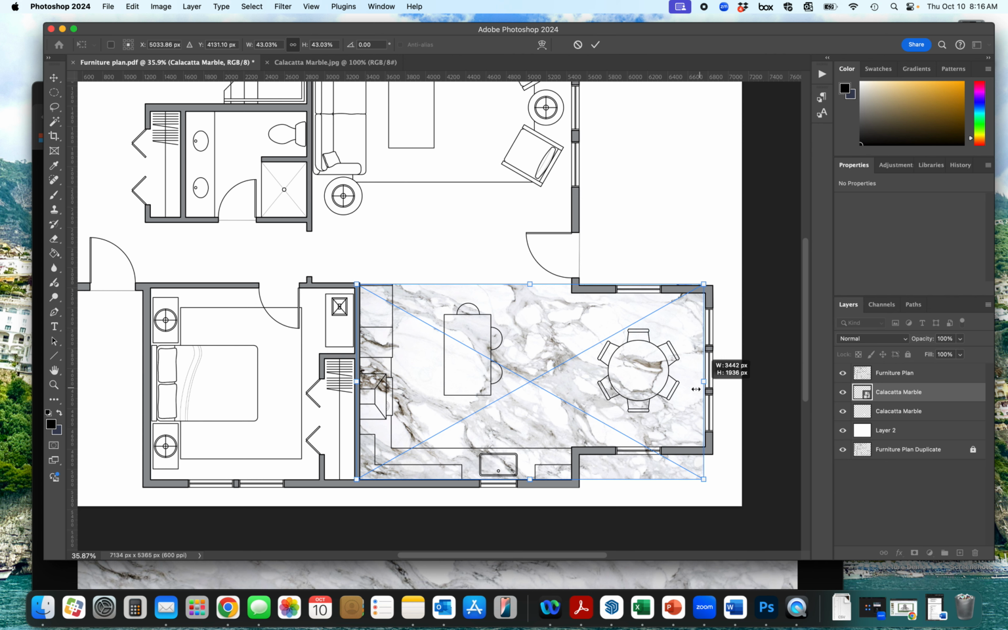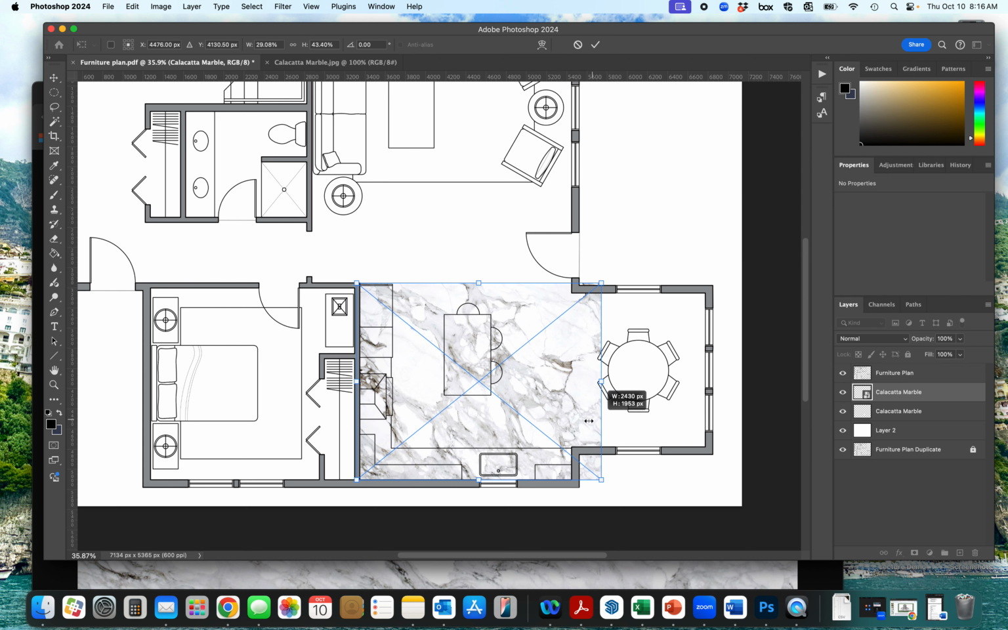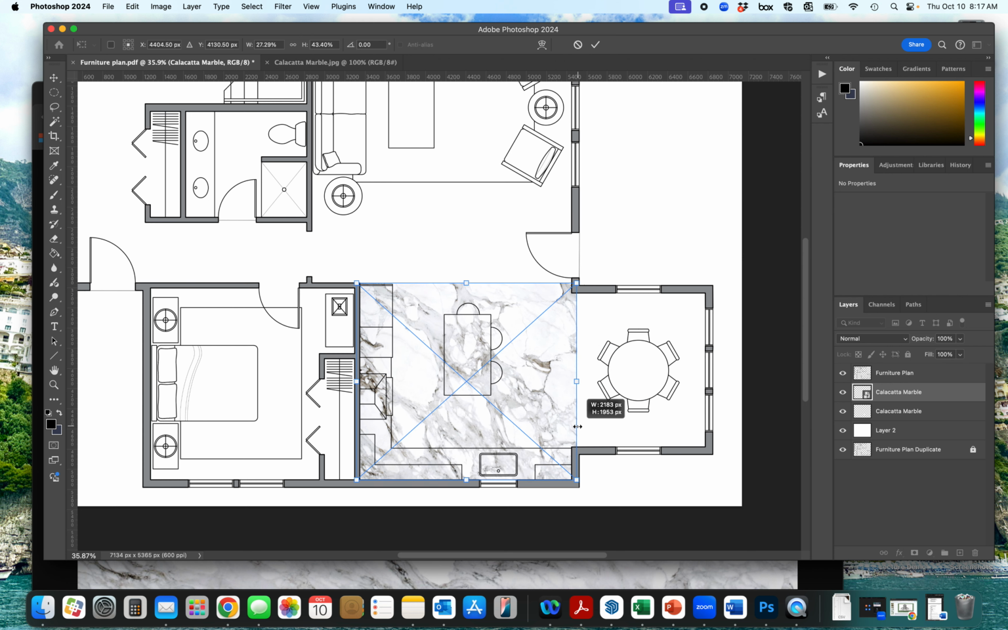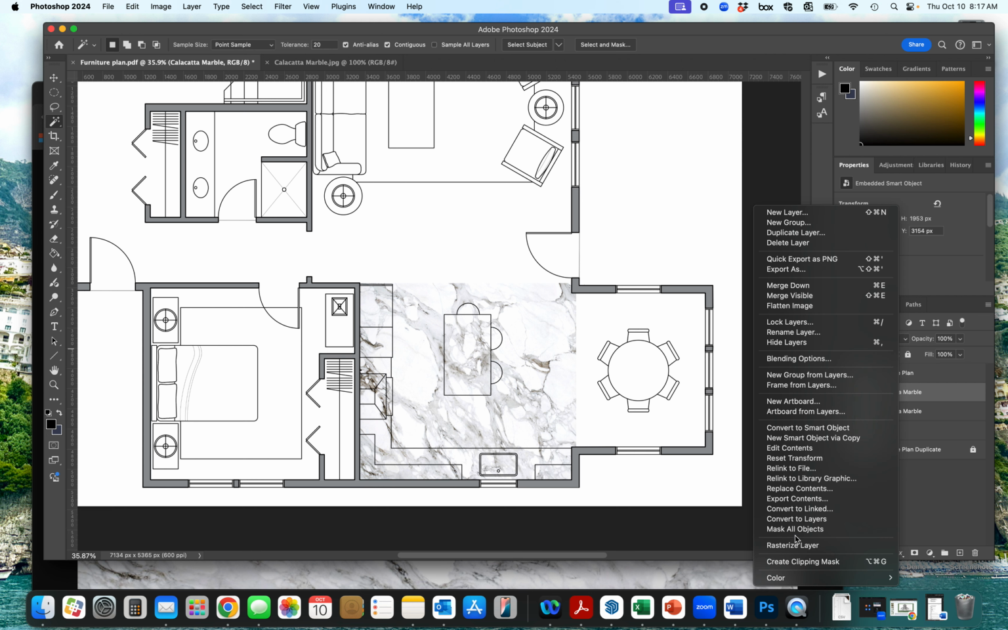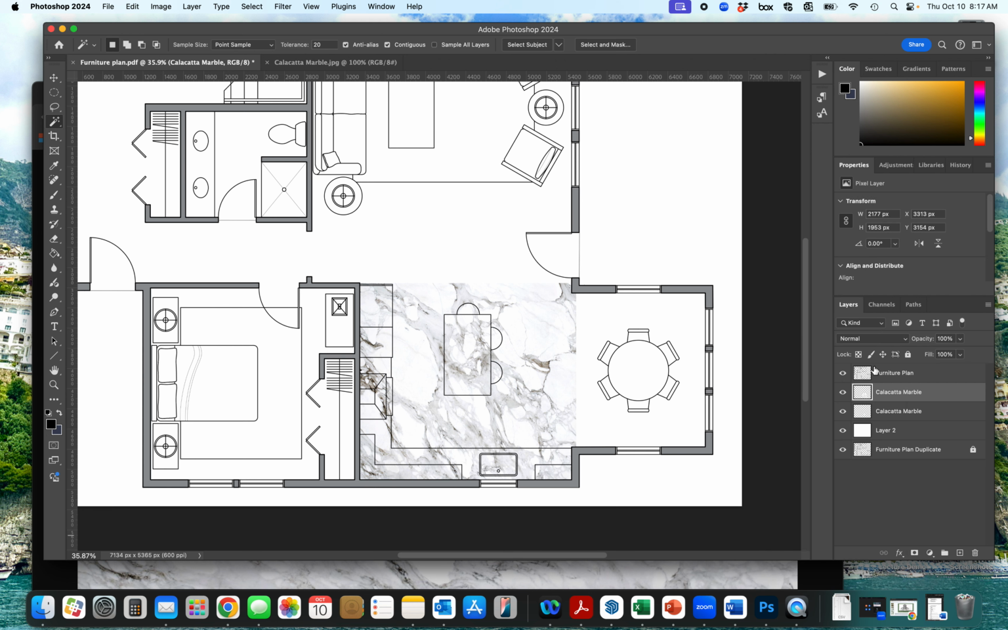And I might just squeeze it in a little bit to try to get a little bit more of that veining on my counters. I think a lot of people have a difficult time with making the pattern match the scale of the drawing. So spend a little bit of time doing that. I'm going to rasterize my layer, and then I'm going on my furniture plan, and I'm going to select the